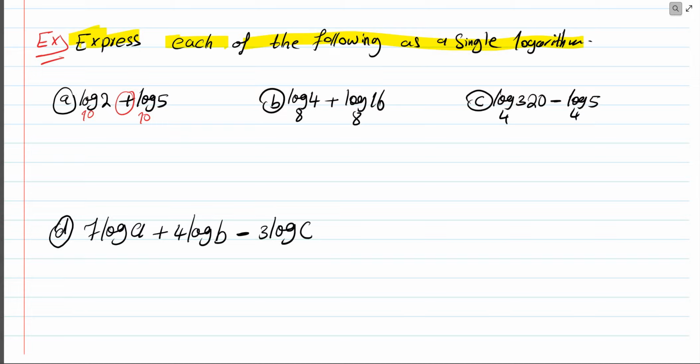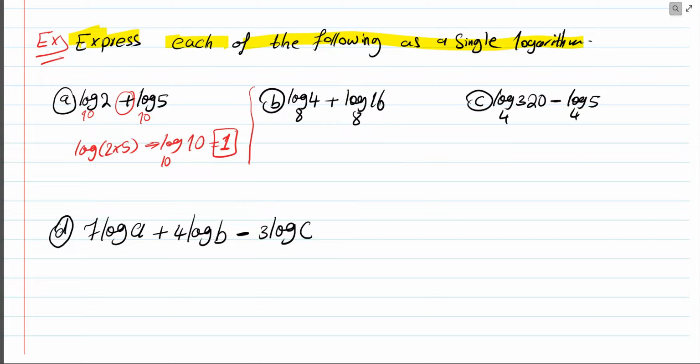Since the bases are the same, I can multiply both numbers, 2 times 5. So 2 times 5 equals log of 10. And since the bases are the same, by the other property which we have, the inverse property, the base and the given number are the same, so the answer equals only 1. Second one,